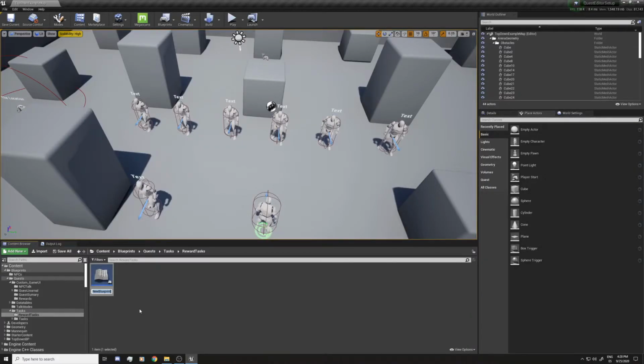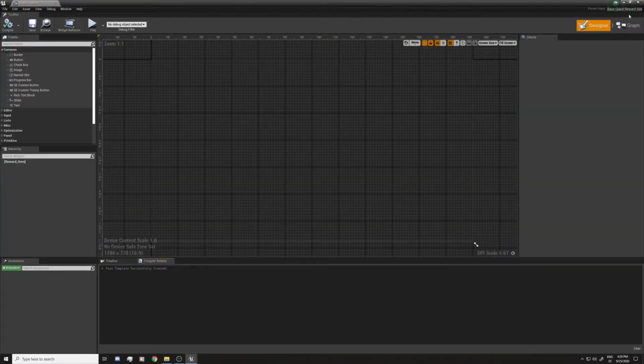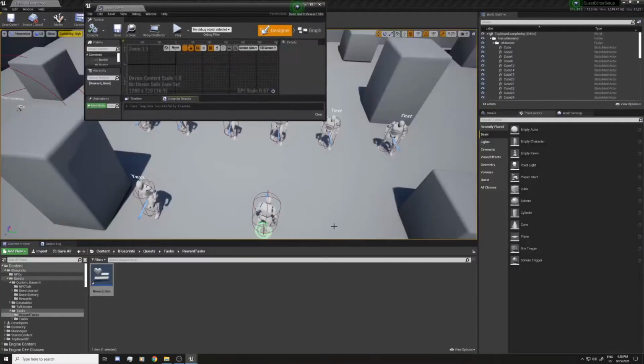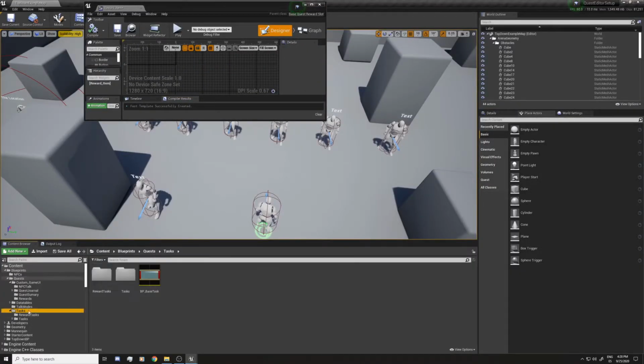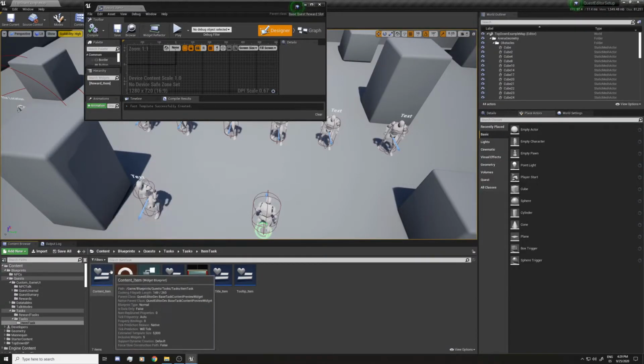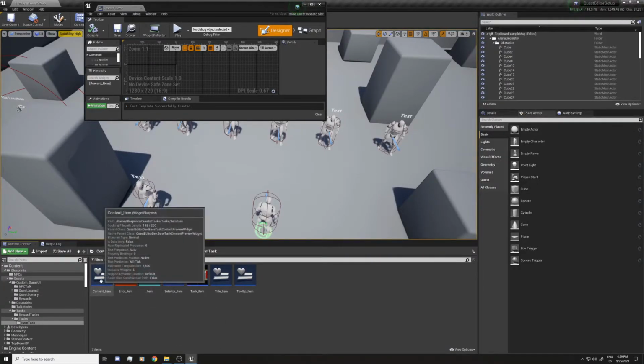For the item, I'm just gonna say reward underscore item. In this tutorial we're gonna create a reward that lets you choose an item. If you remember from tutorial 5, we already had the item structure, so we're gonna use that. And talking about it, I'm gonna need a few things from it. So if I search for task, item task, if you remember, we created all these widgets, and in particular I'm interested in the content.